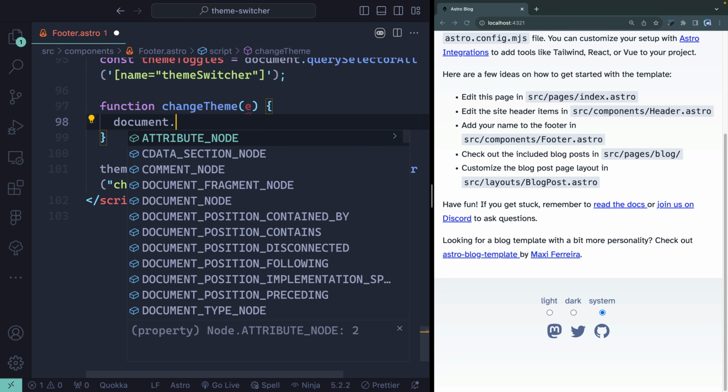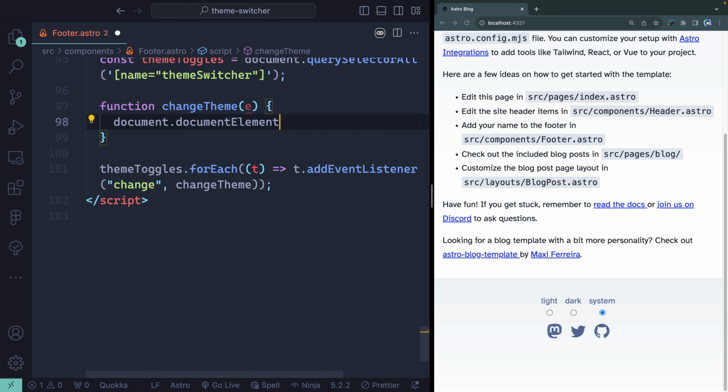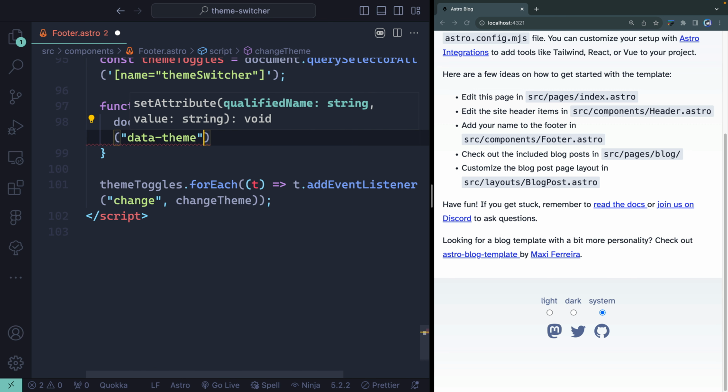Easiest way to do that is with the document.documentElement. This is essentially the same as the root here, and I can just set an attribute here of data-theme, right? That's what we were using. We'll just set that to whatever the